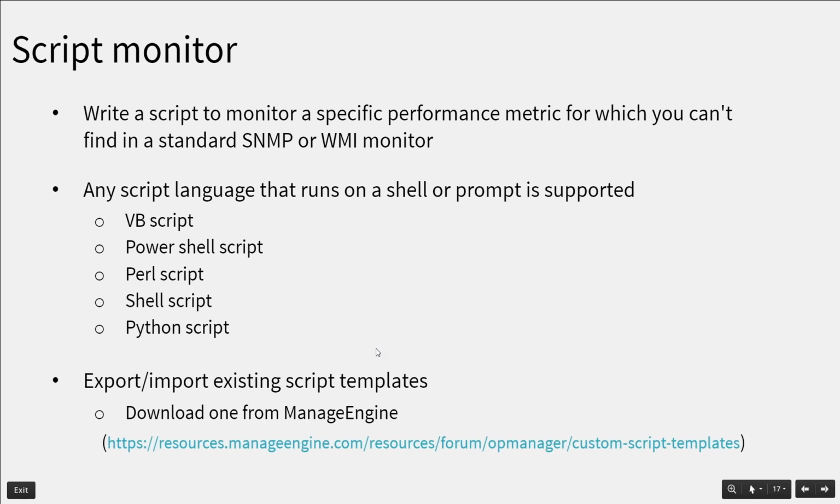Also, I want to give you additional information: you can even export and import the existing script templates from another ManageEngine OpManager installation. Say you've got multiple OpManager installations, say probe and central connection. You can have your script template exported from one probe, one setup, and imported on other ones as well. So here is a community where you would have multiple script templates available